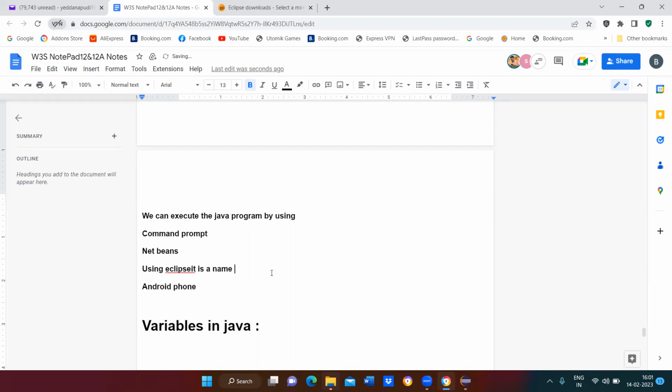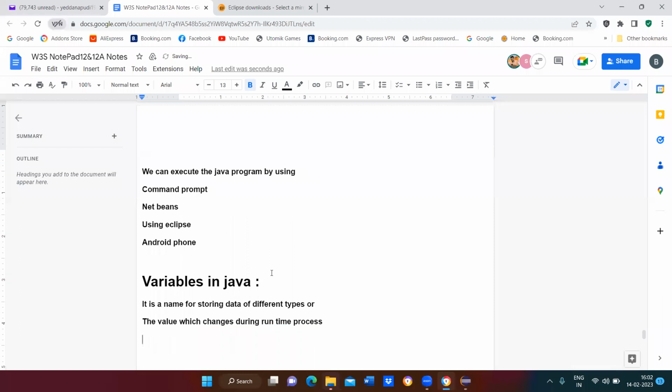It is a name for storing data of different types. We can store data of different types, or a value which changes during runtime is called a variable.